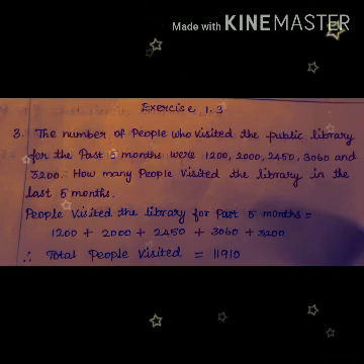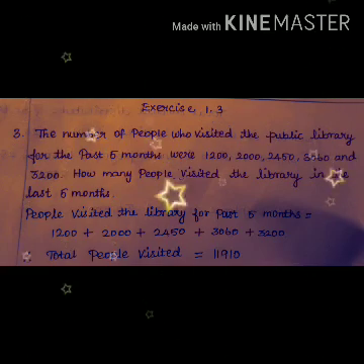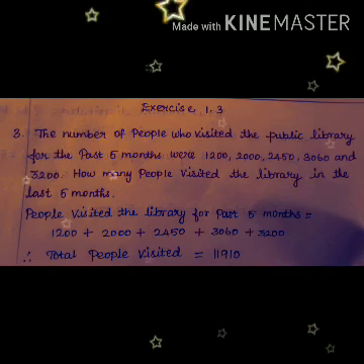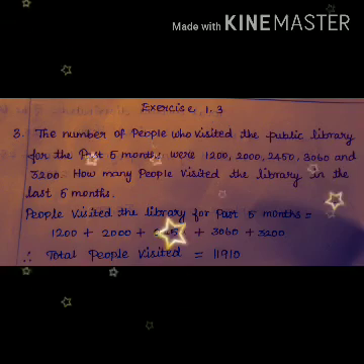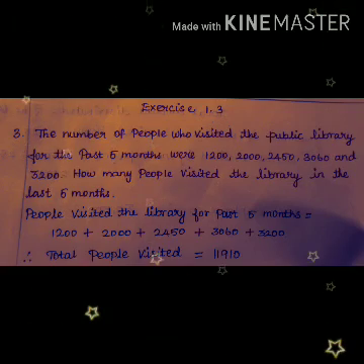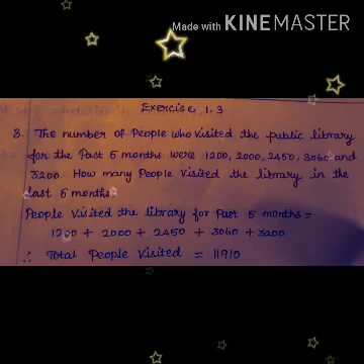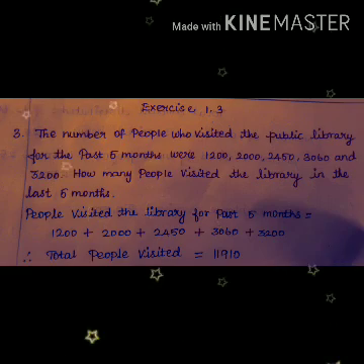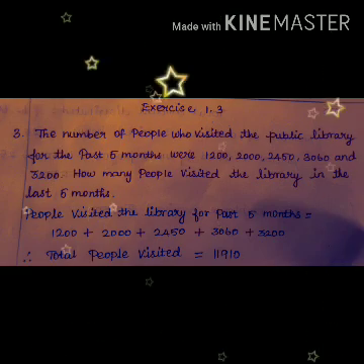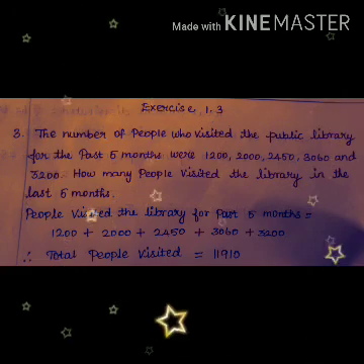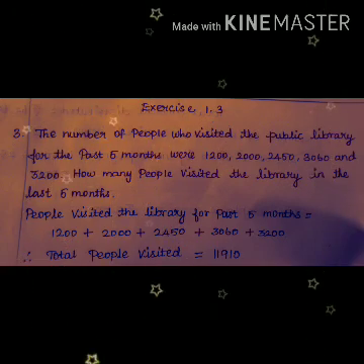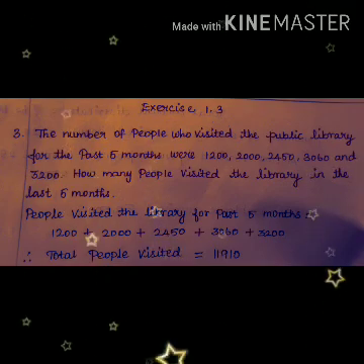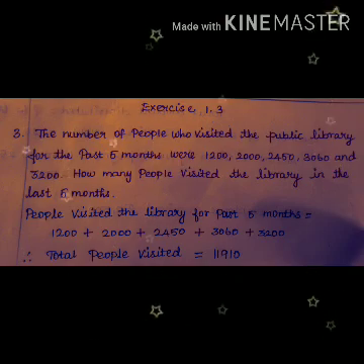Now the third question. See the third question. The number of people who visited the public library for the past 5 months were 1200, 2000, 2450, 3060 and 3200. What they are asking is how many people visited the library in the last 5 months. They have given the 5 months' people count also. We want to count and